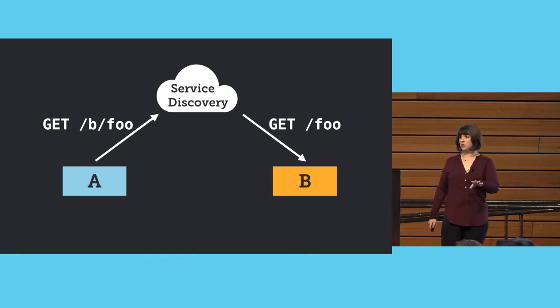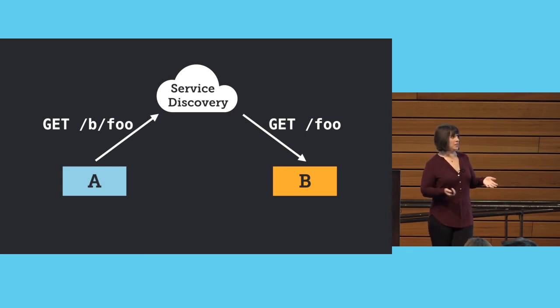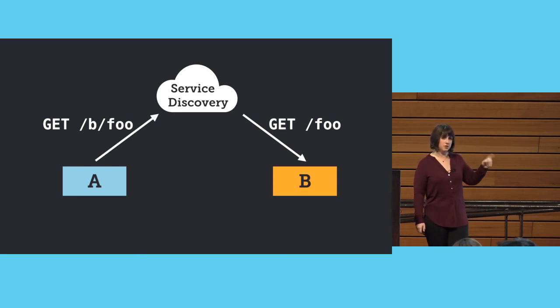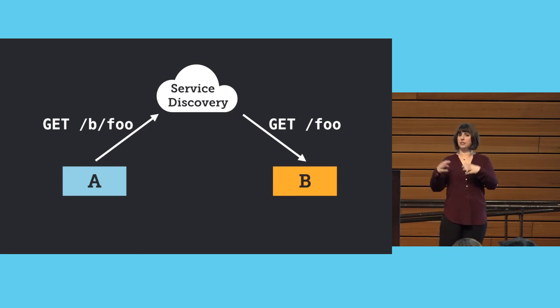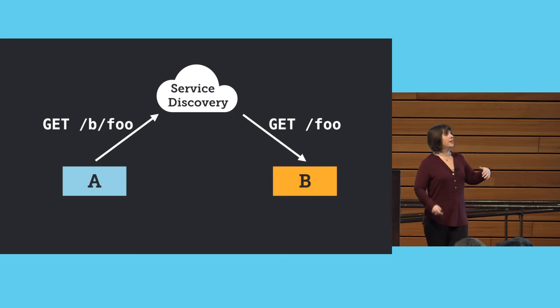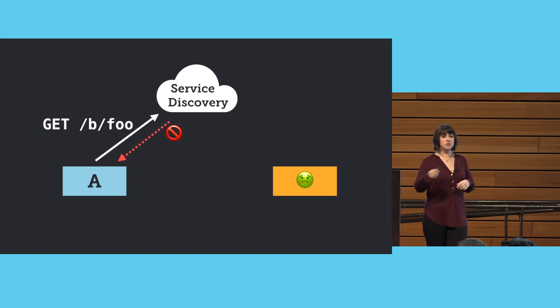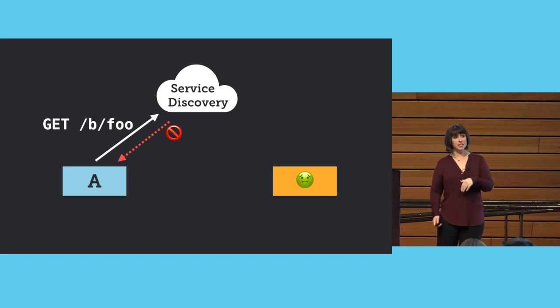Automatically, it'll change the path, and it is actually really nice, because then every single service you have only has the dependency on the service discovery. Yes, you're creating a single point of failure, but it makes things a lot easier, especially in the case that B gets unhealthy all of a sudden, and B doesn't want to have any traffic to it. When A makes that request, service discovery denies it, but denies it in a known fashion.